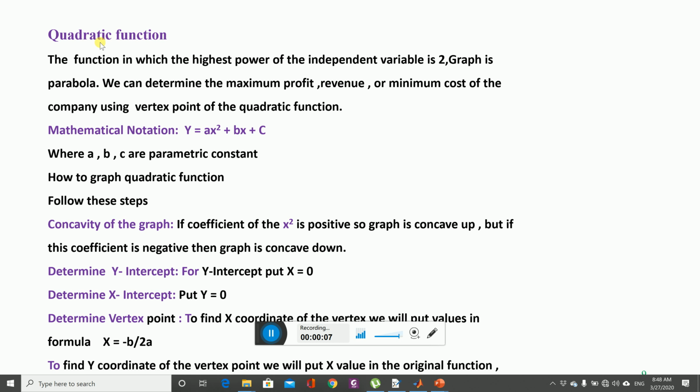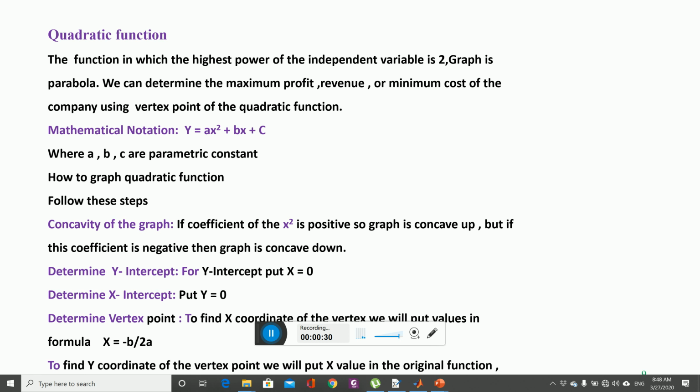Today we will discuss the topic quadratic function. The function in which the highest power of the independent variable is 2. And when we graph this function, the graph is parabolic in shape. The practical importance of the quadratic function is that with the help of this function we can determine the maximum profit or maximum revenue or minimum cost of